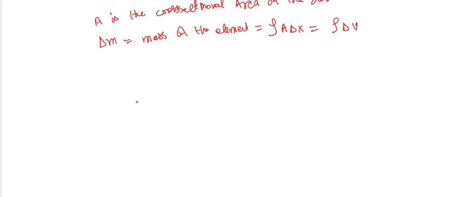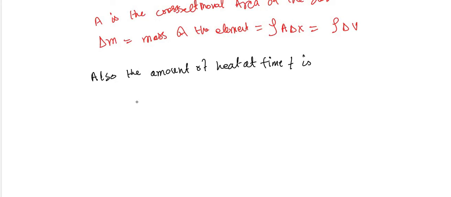You say the amount of heat at time t can be represented by a principle, a flux, the amount of heat at time t is, according to the formula of flux, you can write like dependent on t, and this, your heat is always equal to this. Okay,